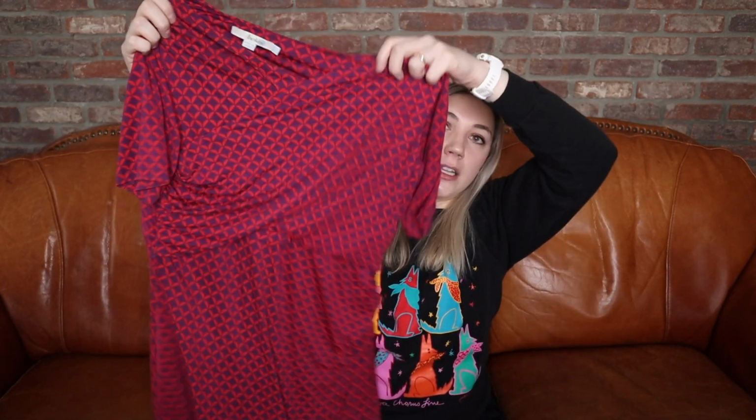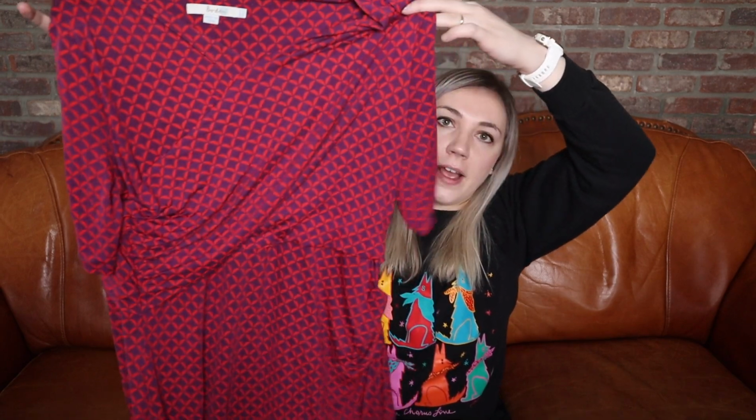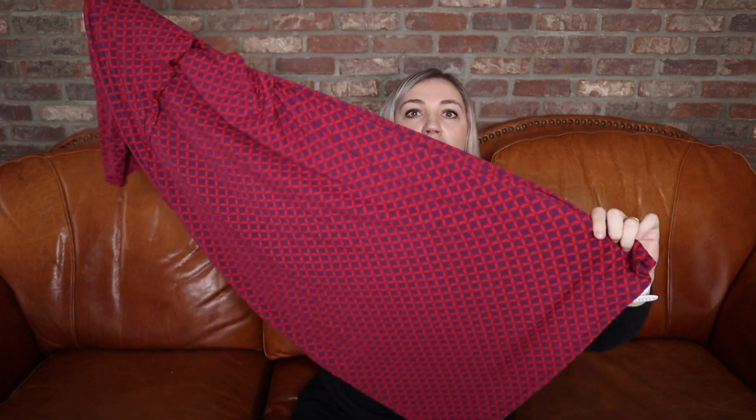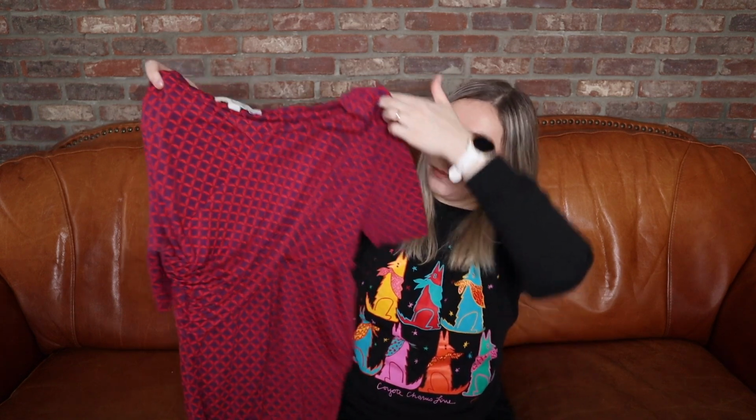And then on the complete other end of the spectrum, we have this beautiful colorful piece from Bowden. I love that this is a size 16 long. And thankfully I did find a nice stock photo for this. It's a real flattering dress. It's also a good midi length, which I love to sell. That's personally my favorite style of dress to sell. Very stretchy, very comfy. I'm curious to see how this does, but I do think that this is a great